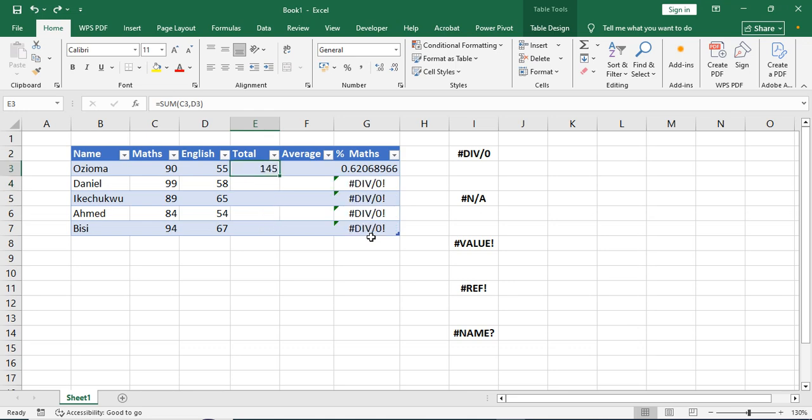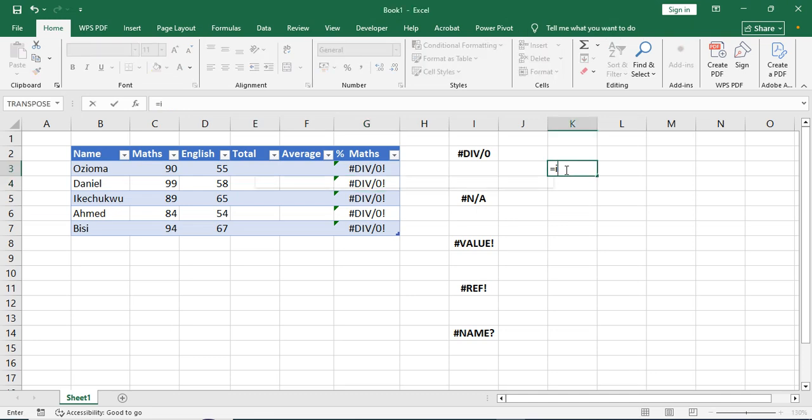So let us go back to the beginning where we have this. I could wrap this formula in an IFERROR function. How does that IFERROR function work? I will show you very quickly. Let us write the syntax here just quickly, then I will use that. So I will say IFERROR, and the first thing it asks is: